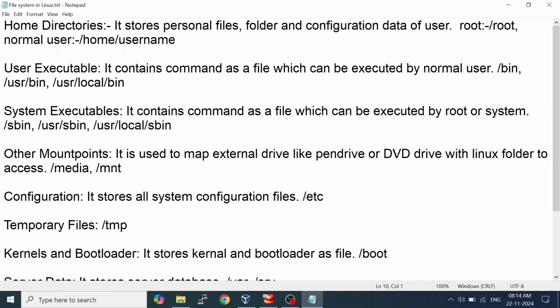Now the next is user executable. As I said, everything is a file in Linux. So whatever command you execute is stored here as a file. So where is it stored? In /bin, /usr/bin, /usr/local/bin. So this is user executable, meaning the commands which can be executed by any user are user executable files,